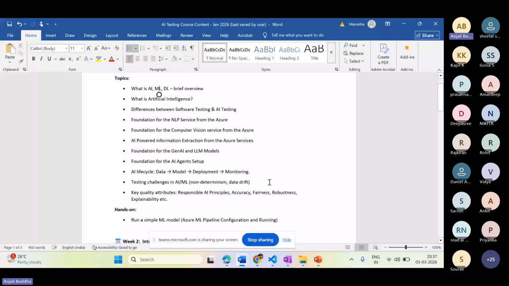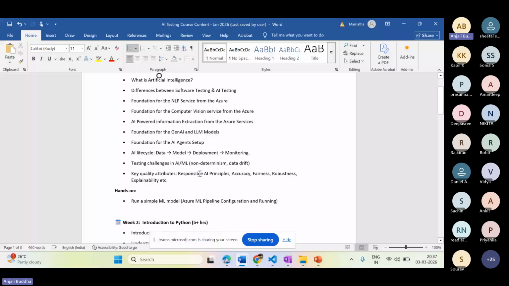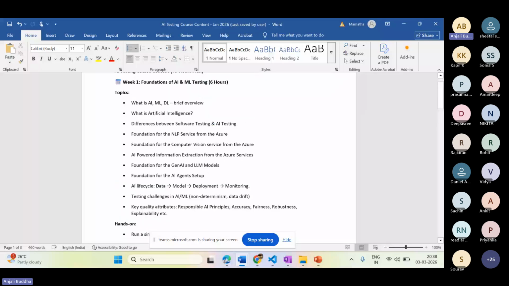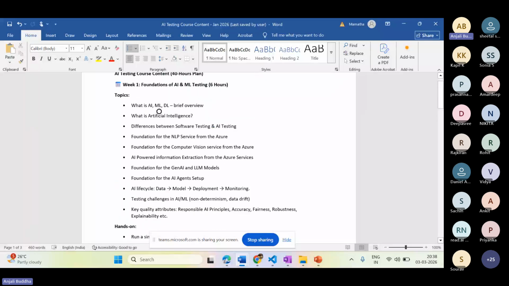Apart from that, we are going to talk about the responsible AI principles. When we talk about AI, in the same percentage as it has advantages, we can also see disadvantages. Rather than the disadvantages, we have to make sure that when we are building this model, it's not going to affect anyone or cause harm.